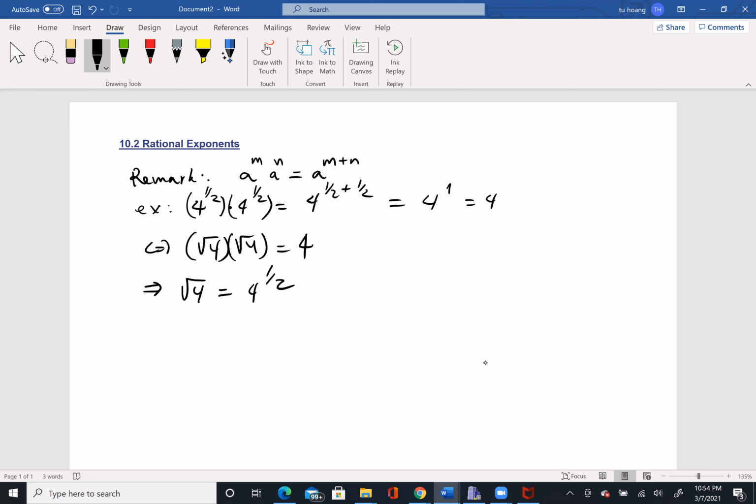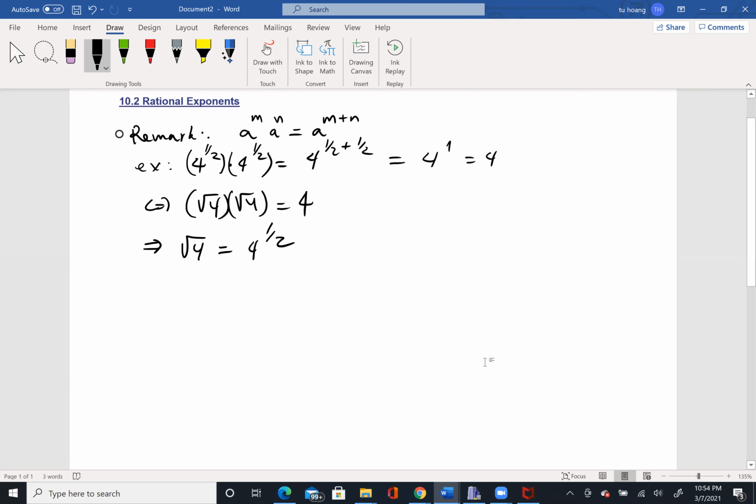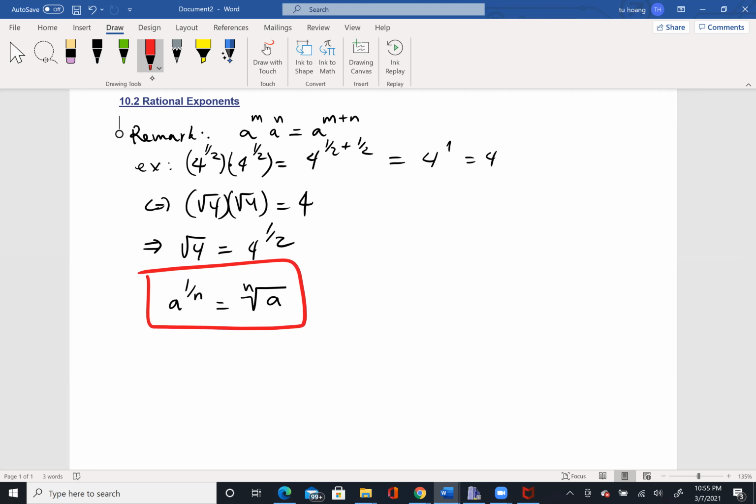As I stated in the previous section, but I just want to make sure from now on you can remember that a to the power 1 over n is actually equal to the nth root of a. Everyone should remember this formula,